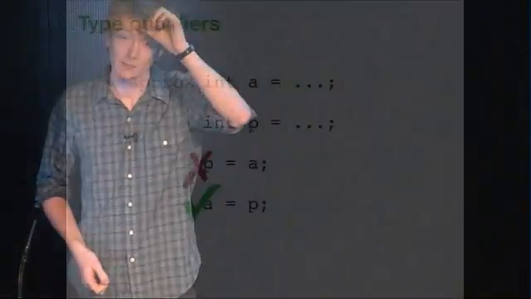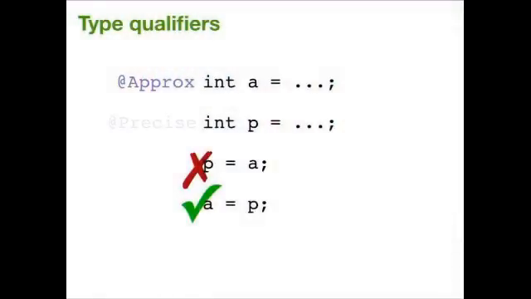This prevents you from taking potentially corrupt data and letting it flow into data that you marked as precise. To make this a little bit easier, we make the precise qualifier implicit, meaning that you can take a normal Java program and compile it as an NRJ program, and that is a completely precise NRJ program with the same semantics as the Java program. But you can incrementally add these approximate qualifiers to selectively allow approximation where you think it might be possible.